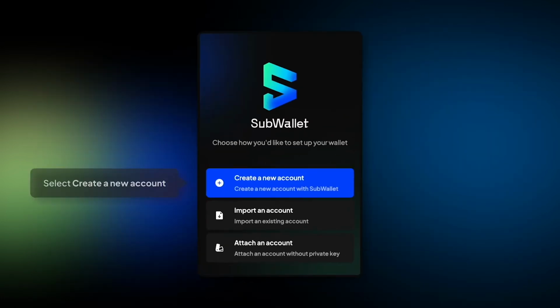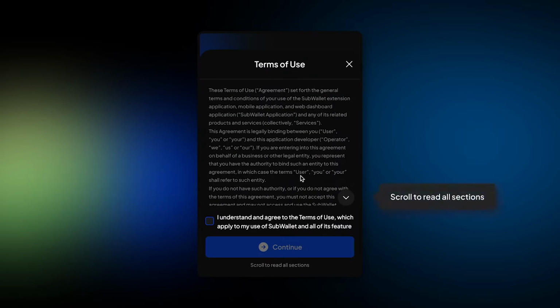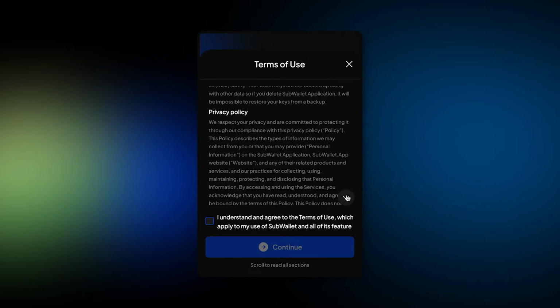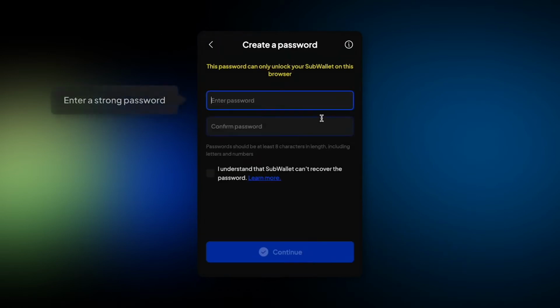view for you. From the welcome page, select Create a new account. Scroll down to read all sections of our terms of use, and then tick the box I understand and agree, then hit Continue. In this step, you're required to create a strong master password, and this password will be applied